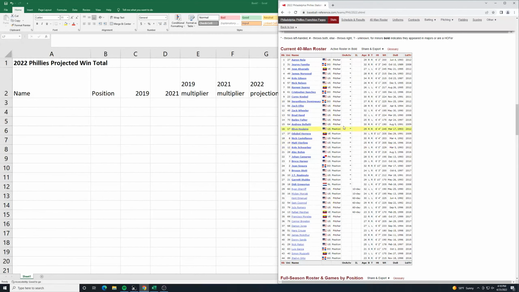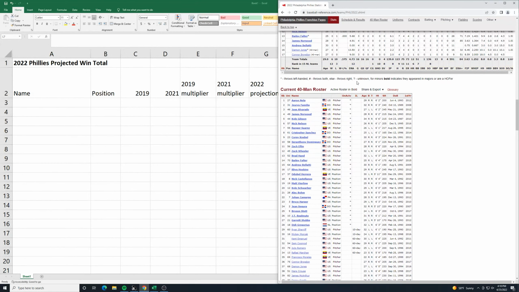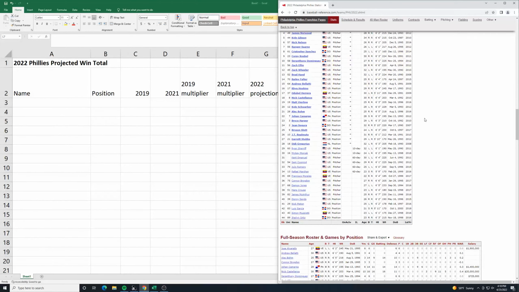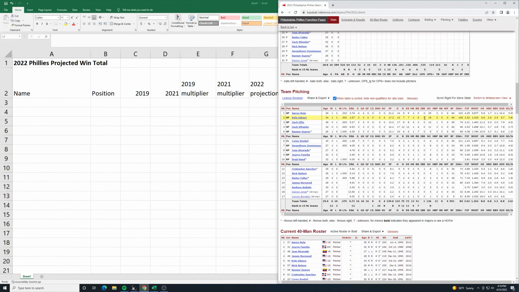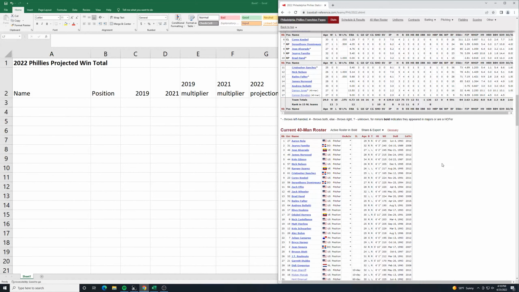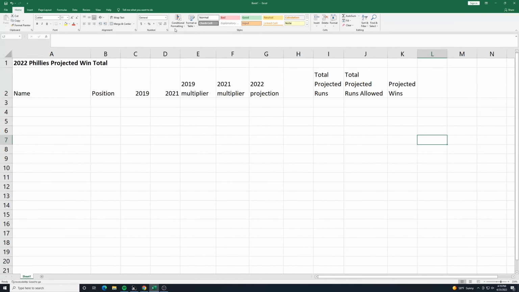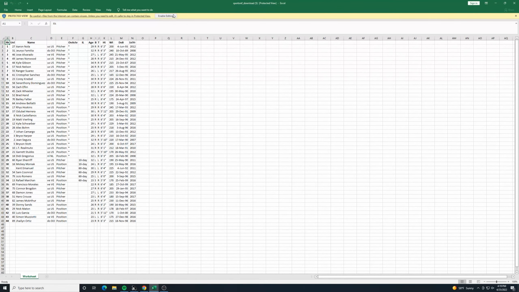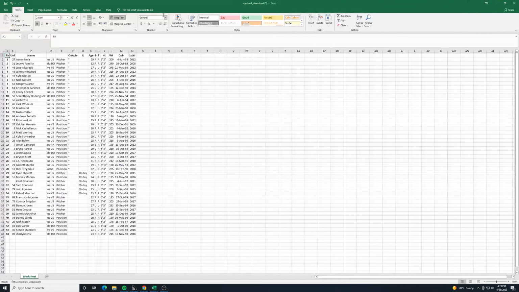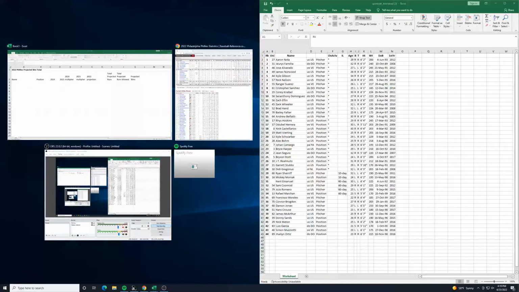So let's go here and up where it says share and export. Then I can go get as Excel workbook. I'm going to click on that. It's going to download it. I'm going to open that spreadsheet up, and I'm going to click yes. Do at your own risk. And enable editing. Okay, so we have these things here,